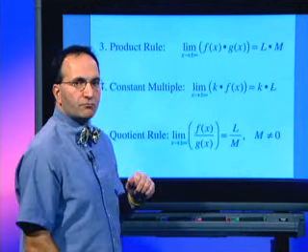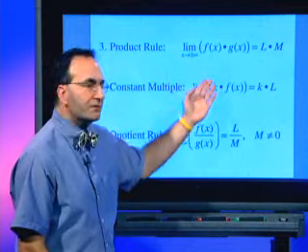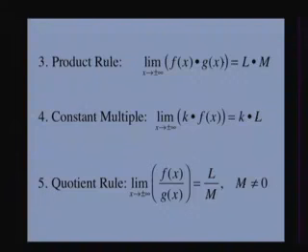We have the product rule: the limit as x goes to plus or minus infinity of the product of f of x times g of x is equal to the product of their limits. And we have the constant multiple rule that says the limit as x goes to plus or minus infinity of k times f of x, where k is a constant, is simply equal to k times L, the limit